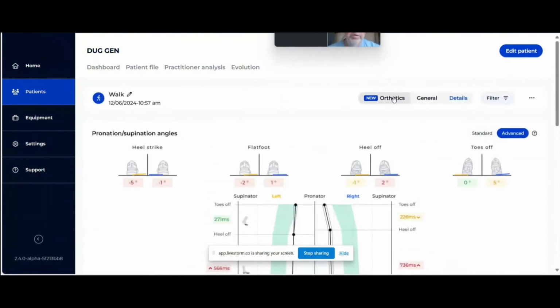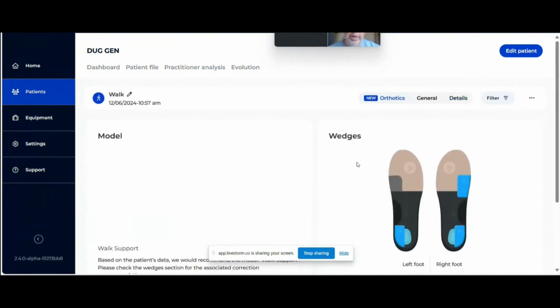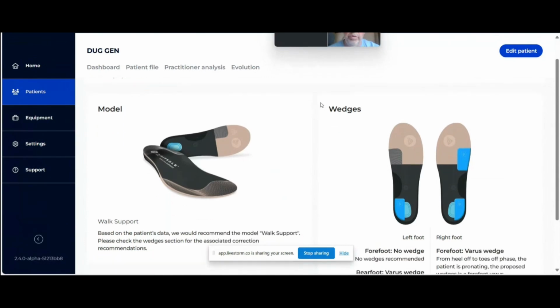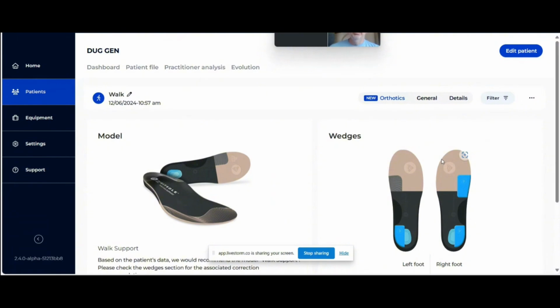So what could be interesting, and this is something that is new, and I'm not going to cover this a whole lot. I've talked about this in the past, but we have something unique that we're going to be talking about in the very near future. So I could theoretically correct his ground contact position with some orthotics, and that can also help with his balance. It can help with normalizing his gait. So there's some interesting things to look at and say,